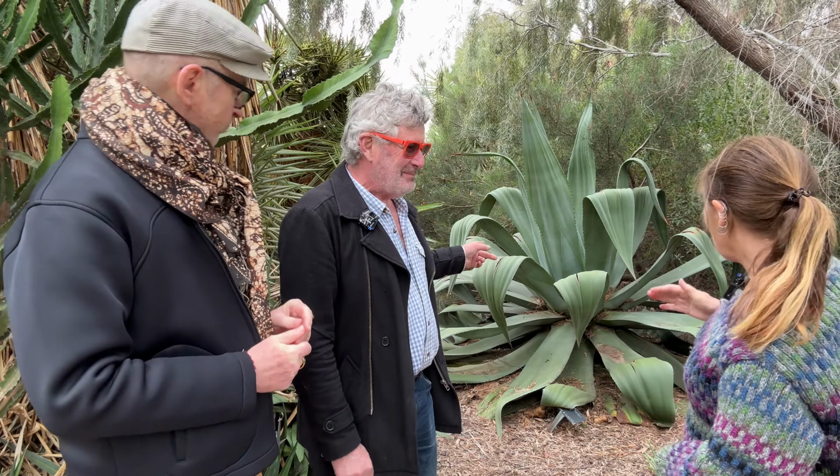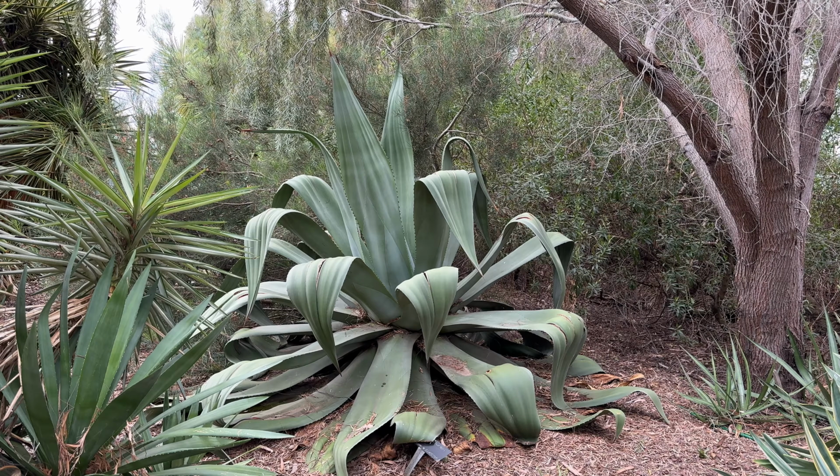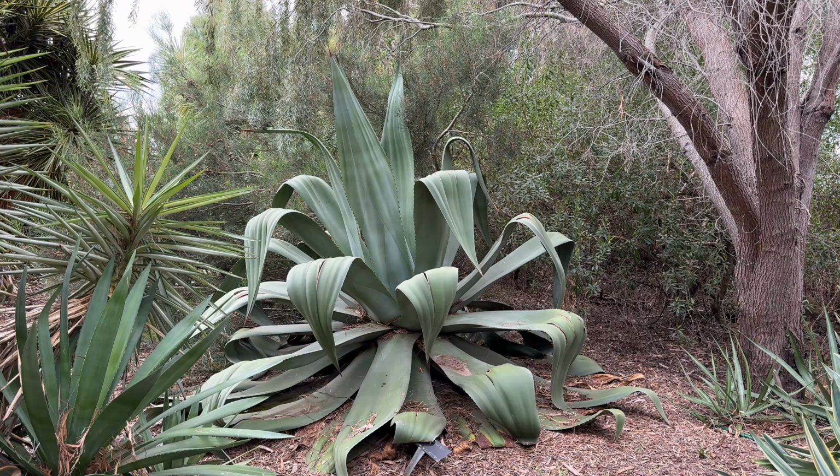I've had no babies at all from it, so it could be an interesting mixed blessing when it goes to flower. Very handsome form. So they come from fairly hot, dry climates as a rule, although there's some that come